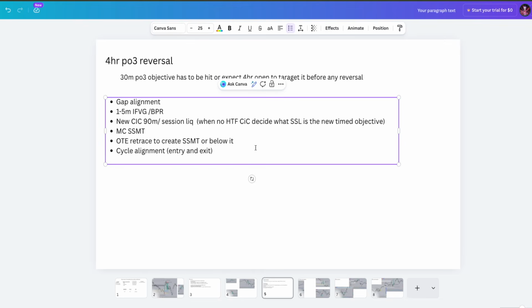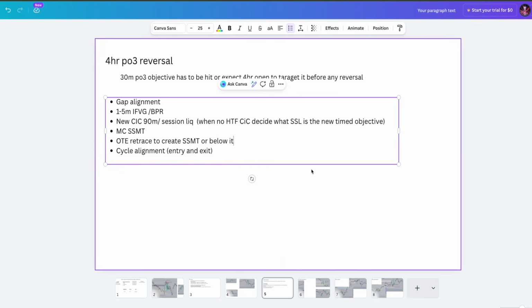That's our 4 hour model basically for the body. That's how we want to catch it, and that's what I want to be trading. Just nothing more over that time. OTE retraces and cycle alignment are going to be the most important things here, because the OTE retraces and SMTs are going to be where your stop is. Cycle alignment is going to be what time you're going to enter and what time you're going to exit,